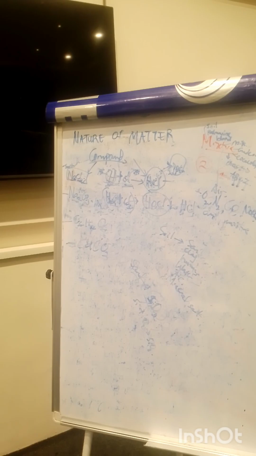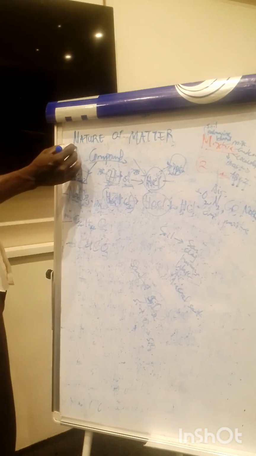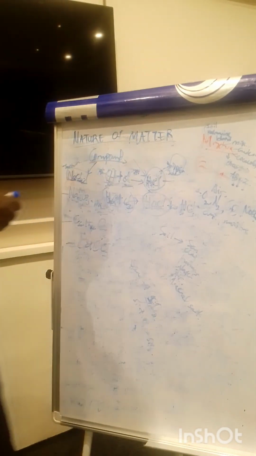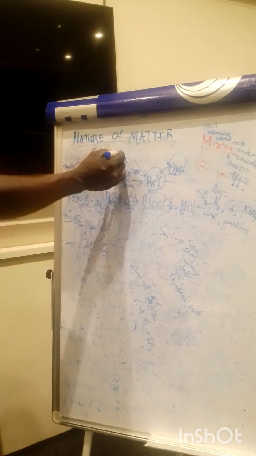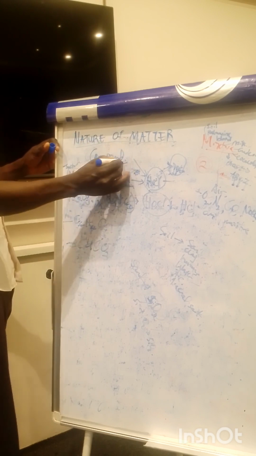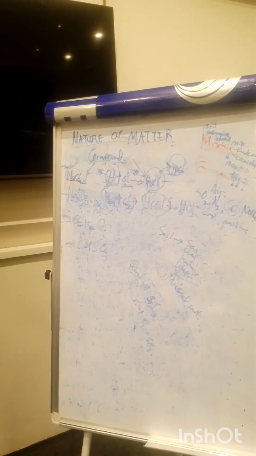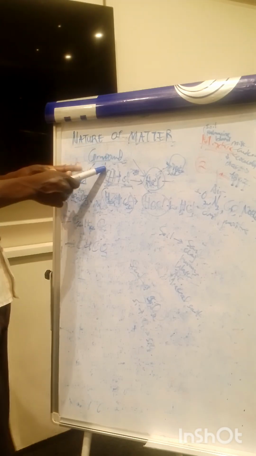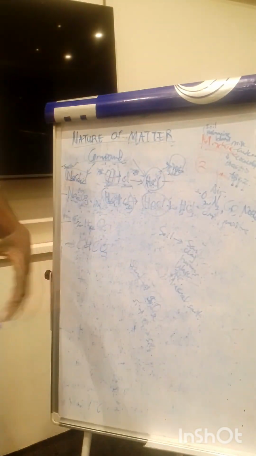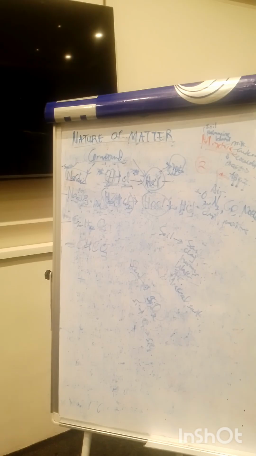So now I think we are done with the nature of matter. So the assignment you should do for me is that you should write for me 5 differences between a compound, are you with me, a compound and a mixture. I need 5 differences, where you'll be saying, for example, that this one is always homogeneous, while a mixture can be heterogeneous or homogeneous. Don't let me tell you the remaining answers. You guys should do the rest.